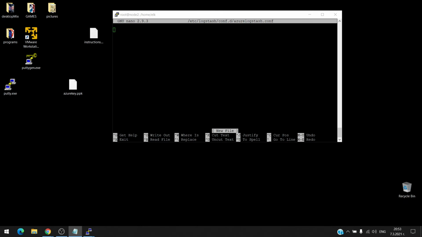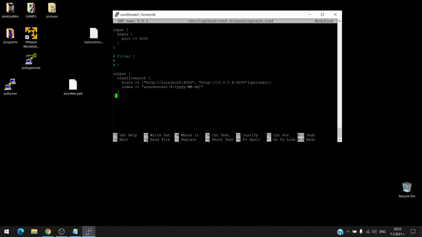And the configuration is this one. So what we have here, we have input from Filebeat or Beats on port 5050. Filter will not be used in this tutorial, and output will be Elasticsearch with hosts localhost on port 9200, and